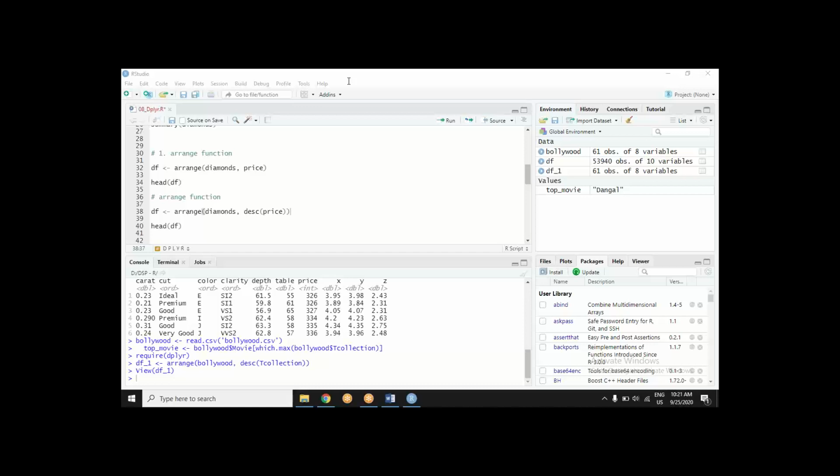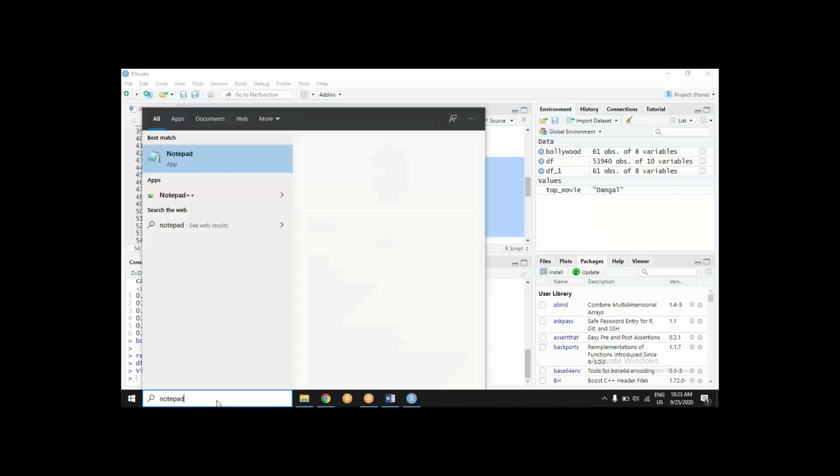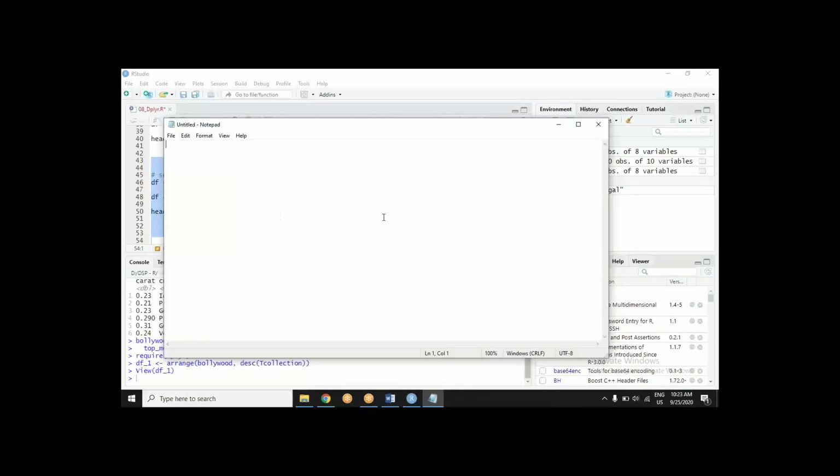So this was the arrange function. Then there is the select function. What the select function does, you may also come across terms. I am mentioning it here. Basically this is subsetting.